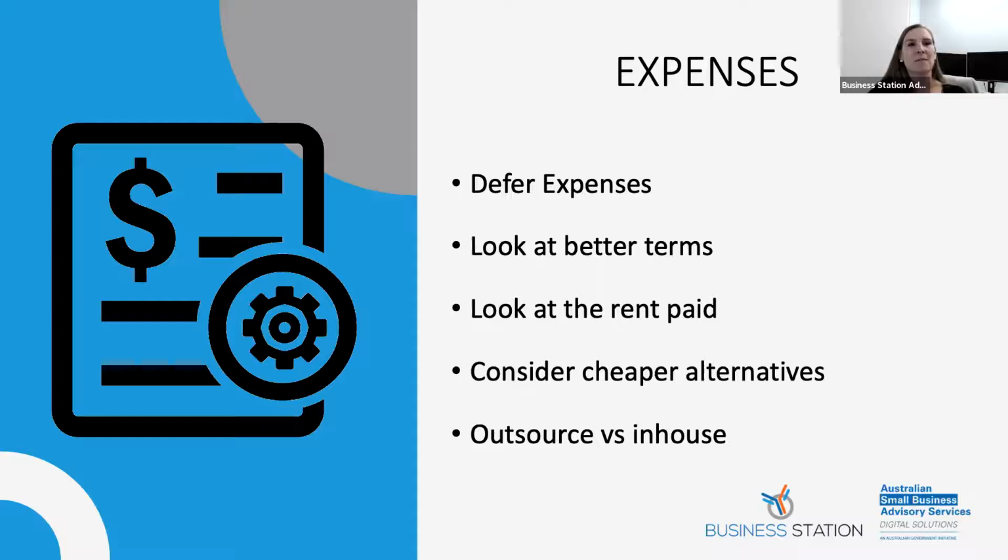The other thing I would look at is the comparison of outsourcing versus in-house staffing. Now, that can be really effective for specialist roles or particular tasks within your business. So bookkeeping, particularly with more automation, you might not need someone sitting at a desk all day doing accounts, for example. Marketing, other administrative type roles could potentially be done off-site, which may reduce the amount of space you need to lease, for example. It could be done on a lower level. So rather than an employee, which is a liability, it becomes an expense.